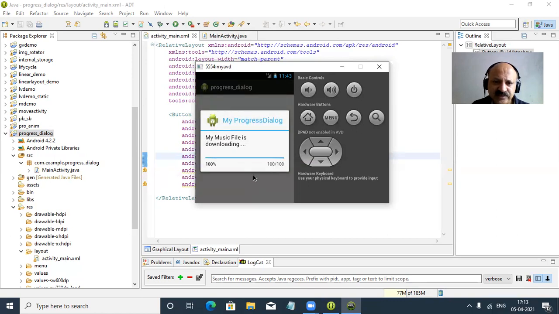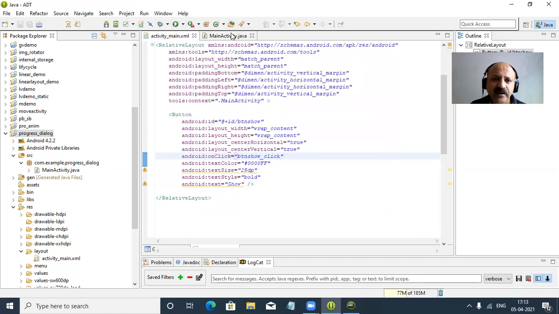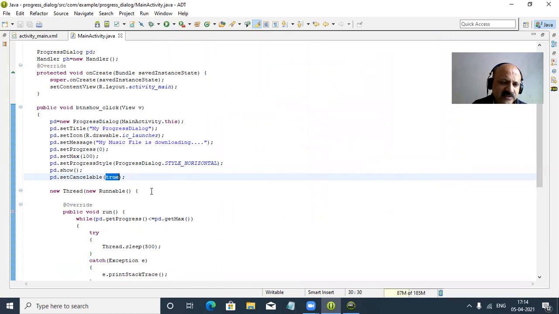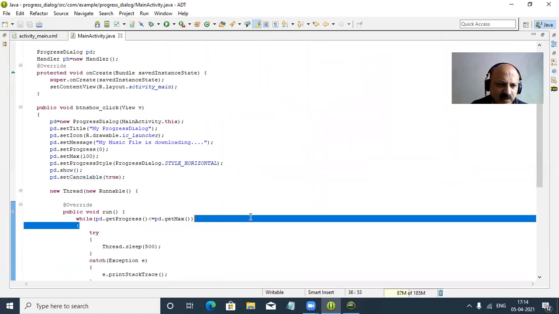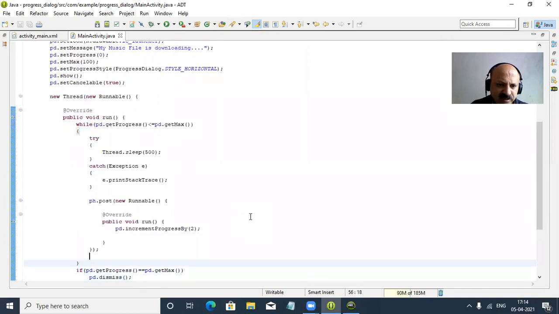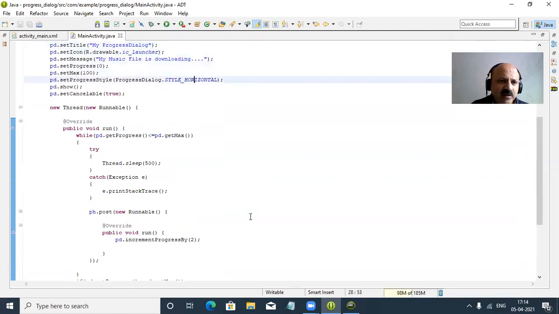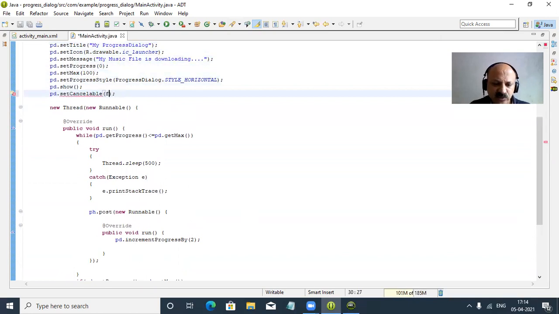So yes, I think we can provide auto cancel and set cancelable so that it dismisses. So let us check. Perfectly, and now auto cancel, yes, we can pass as true. And here let us check the equal method, get progress. Yes, perfectly, so that is a dismiss. And here we can try as false. Yes, so set cancelable false. So let us check whether there is a difference or not.